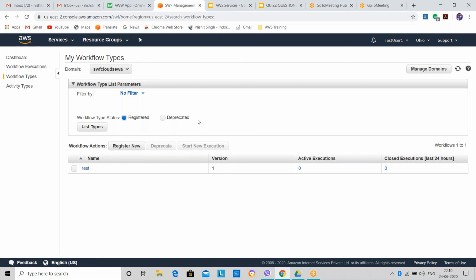So for example, if in between it got failed, I'll have a log mechanism in SWF showing where it got failed. You'll get each and everything in SWF. So it's just a log mechanism. Can I say that way? Not a log mechanism, but yeah, a tracking mechanism.